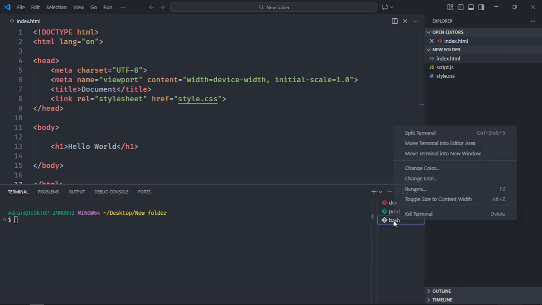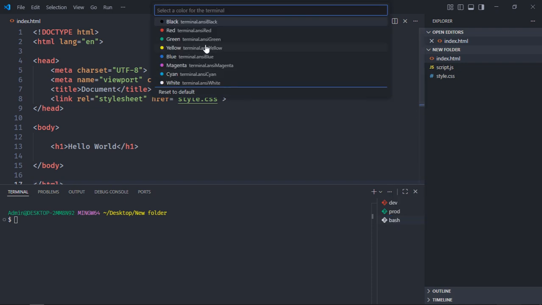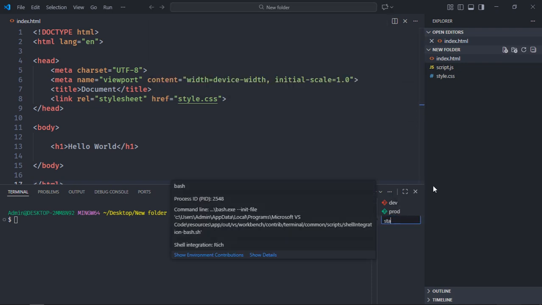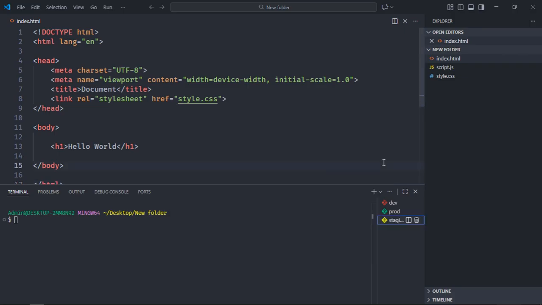Let's go for the last one. Change the color, make it yellow, rename it and make it staging. You can stretch this a bit so that you can clearly see the names. So you can see I got three terminals here, dev, prod and staging, and I can easily switch between them